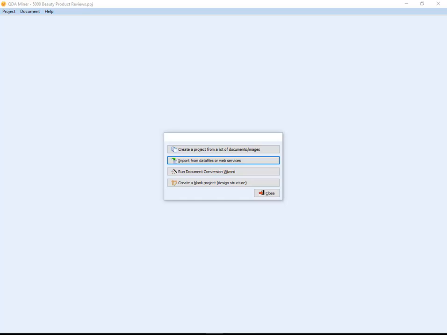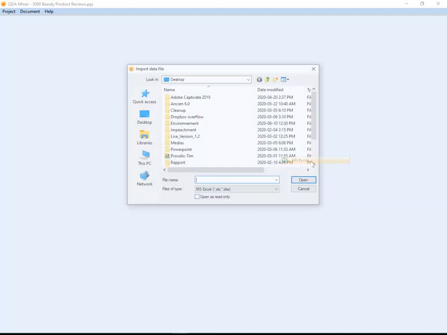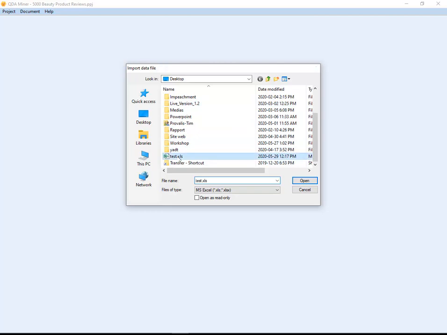This demo is to show you new features of QDA Miner 6. We will start with the new importation features. When you import an Excel spreadsheet, the first major change is that the software will